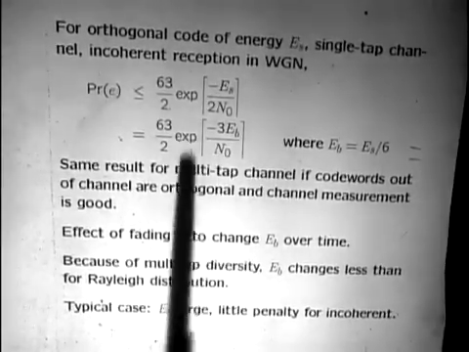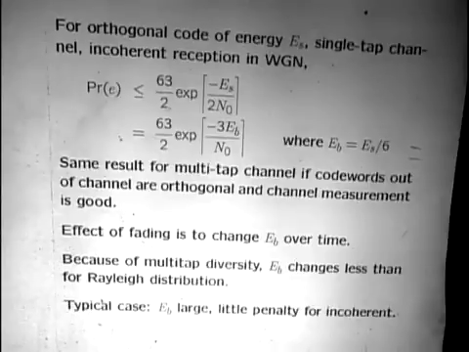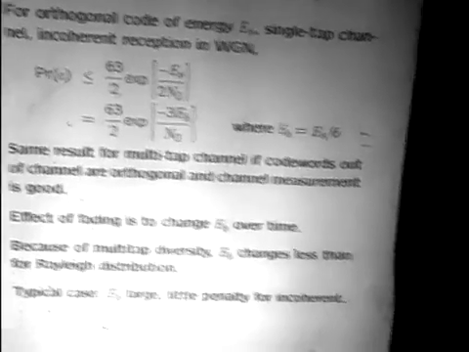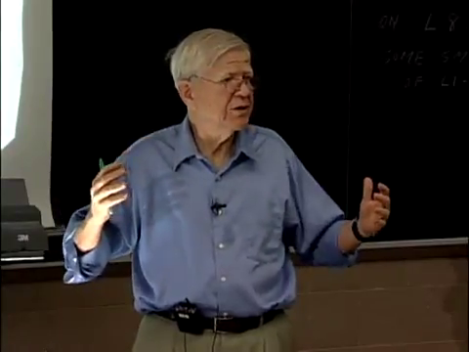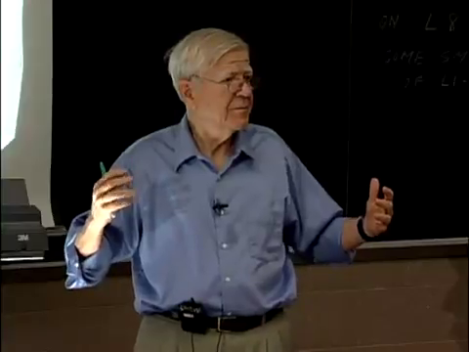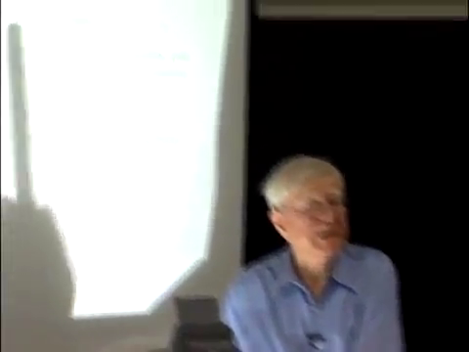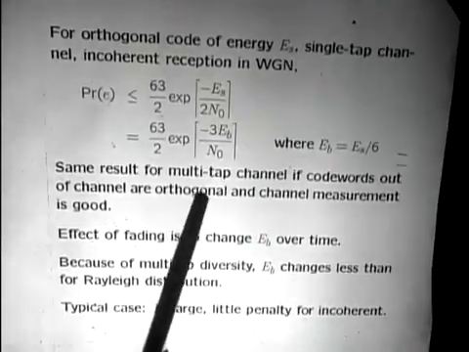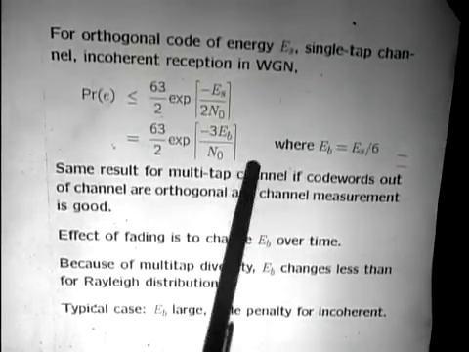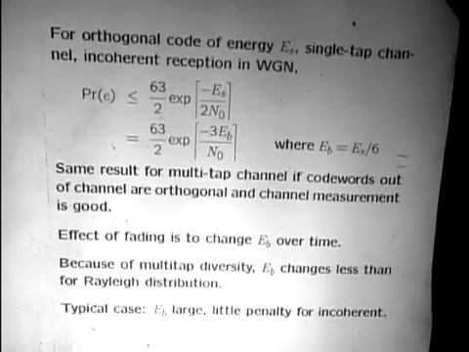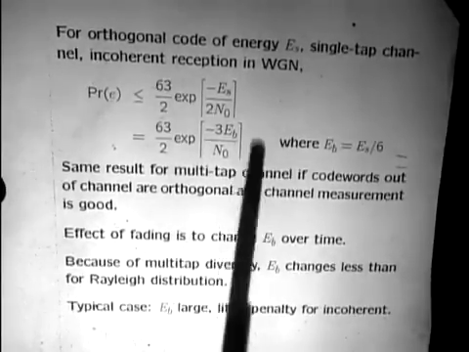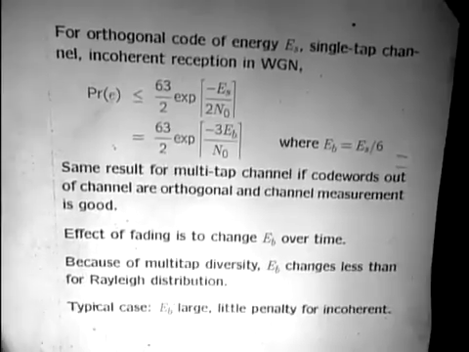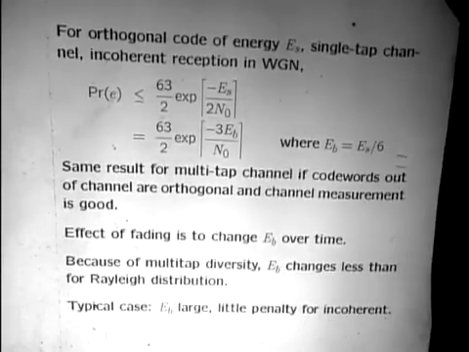In other words, the same thing is going on here as was going on when we were talking about getting up to channel capacity using a large number of orthogonal waveforms. It's the same idea. When you encode lots of bits together, you make a joint decision on all of them, you make a gain. Okay, and that's exactly what's happening here. You made a gain because you've taken the amount of energy that you have available for each one of your bits, and you've combined it all so that you get this bigger exponent in here. And if you're lucky, the exponent is big enough that it overwhelms this term,